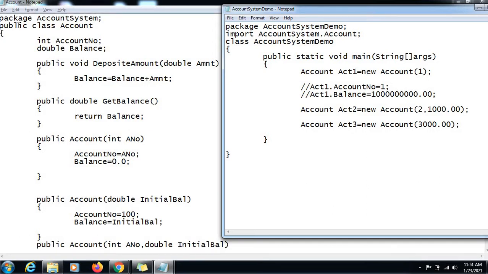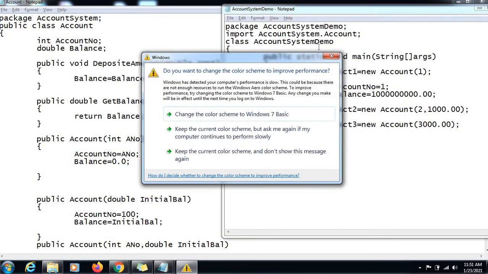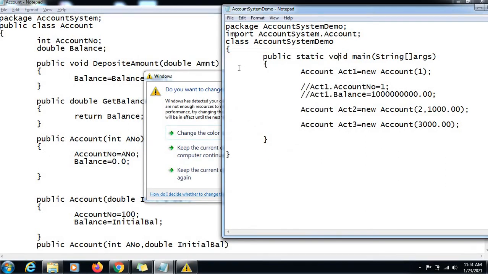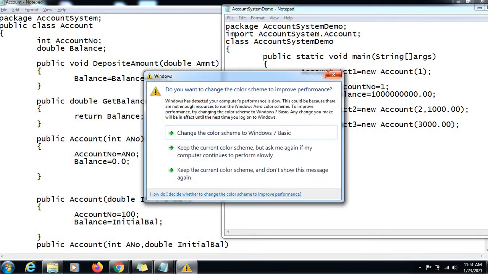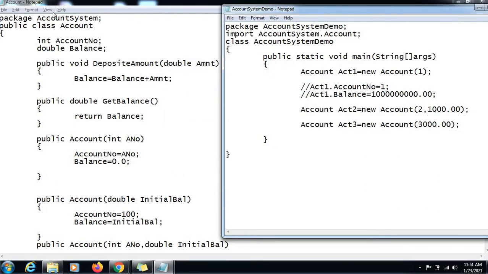Account, if you see here, as our class is public, we have to have this class stored in its own file. That is, when you have a public class, the name of the file and the name of the class should be the same.